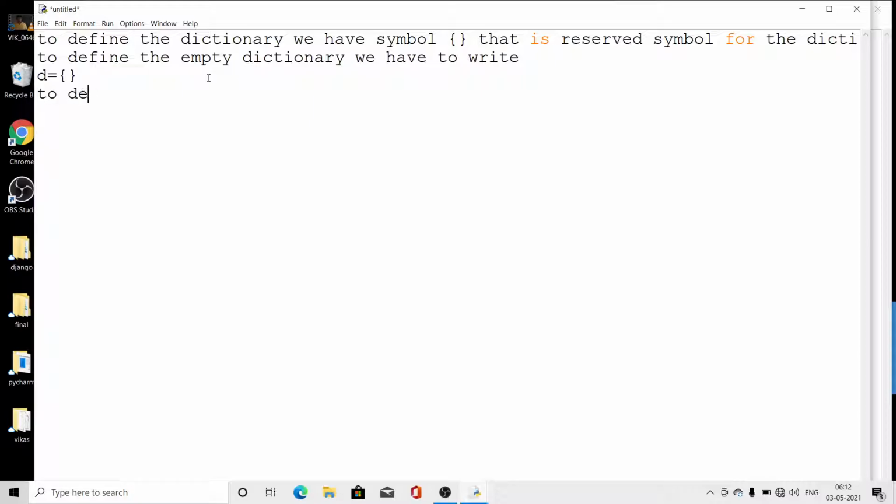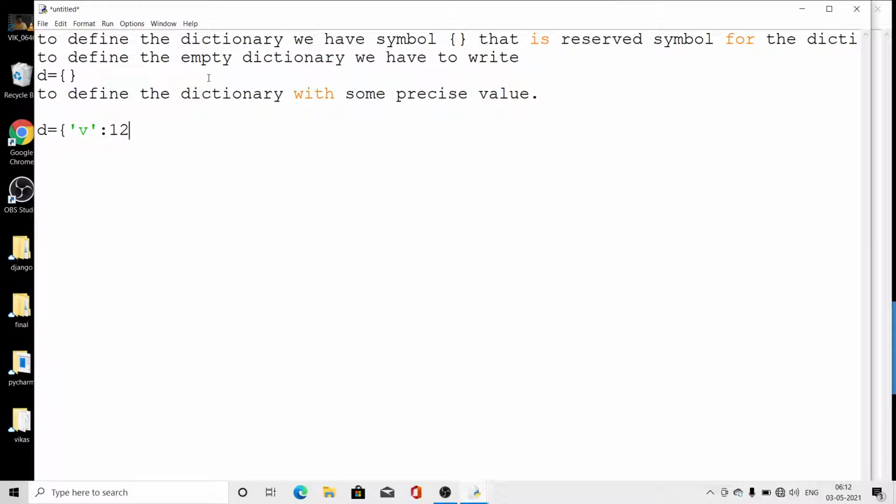To define the dictionary with some previous values, we have to write here d is equal to, and the key in the form of a string. First in the dictionary we define the key, and then its value, which can be an integer also.